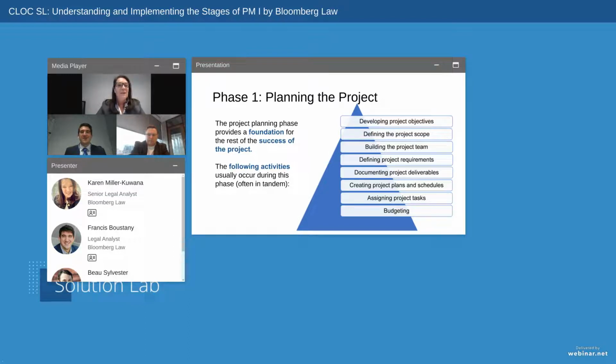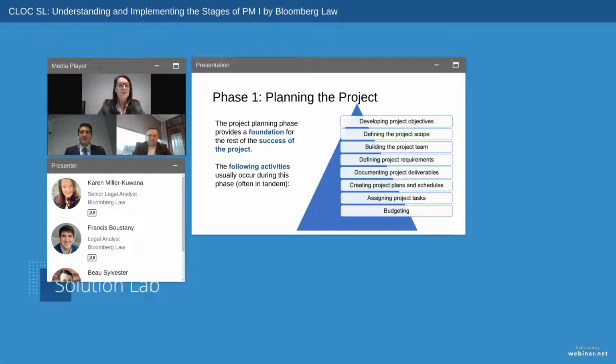The following activities are often included in this phase: meeting with the project stakeholders to develop and document your project objectives and defining the project scope, requirements, and deliverables. As Bo just mentioned, you need to make sure you have all of the important players on the same page before you start. Developing that project plan and schedule, knowing what your next steps will be, what your timeline is, building out your project team and assigning project tasks, determining the measures of success for the project, which is often a step that is forgotten, and identifying resources needed and specifying the budget.